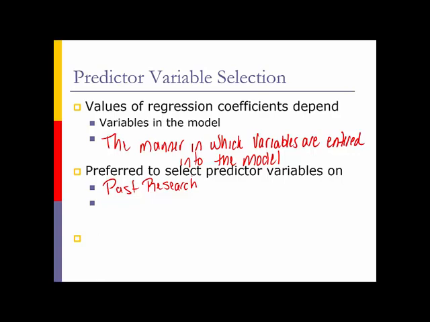Or you could have some theoretical value which is forcing you to put certain variables into the equation at a certain period of time. But the one thing that we absolutely do not want to do